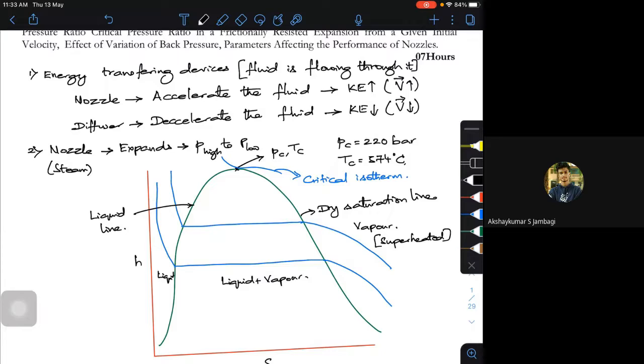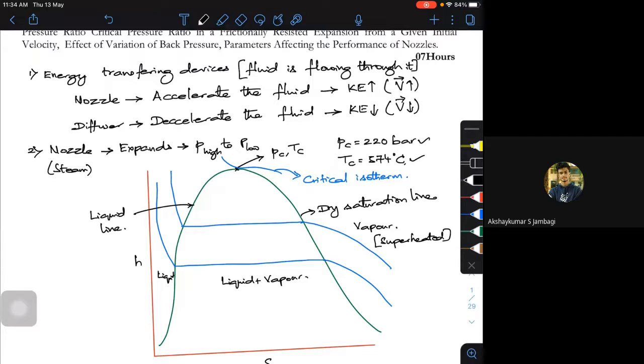So these kinds of things we have to avoid in case of steam nozzles. So we will have the steam entering the nozzle as well as the turbine at a much higher condition than dry saturated, that is, very high superheated conditions, very high pressure and high temperature, above your critical value. Okay, this is a very basic fundamental of what it is actually.